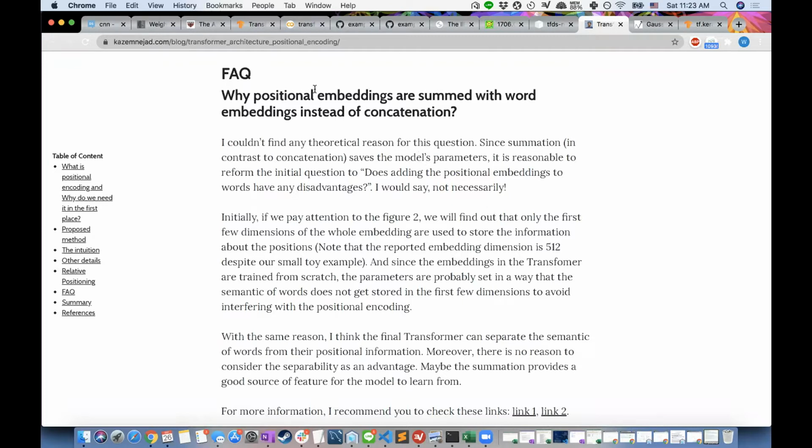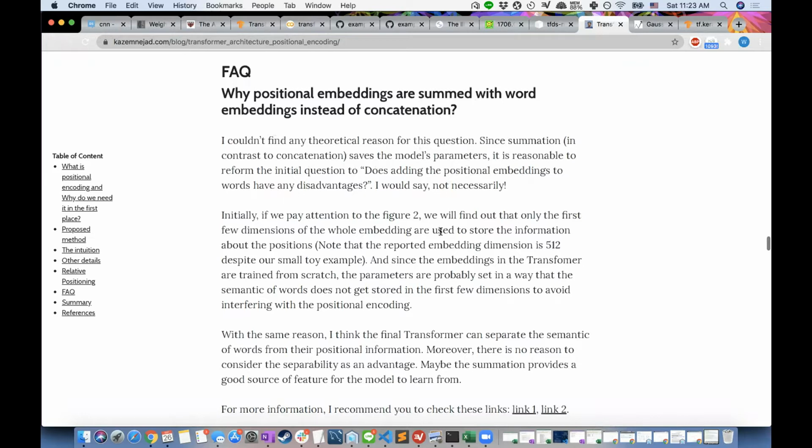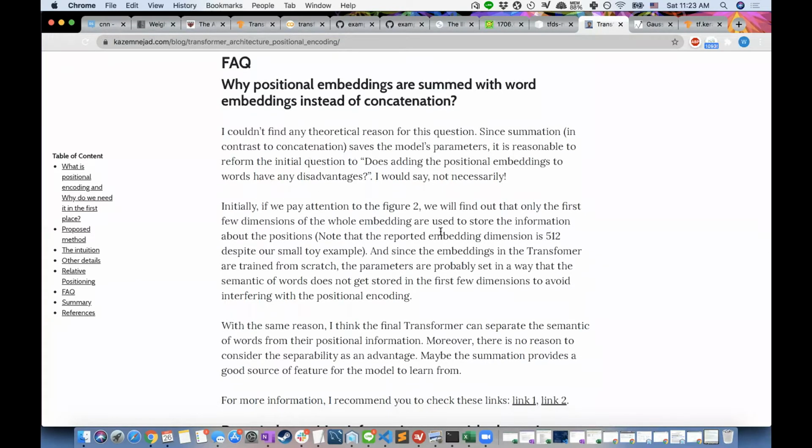So I think one of this person, I don't remember where I got this blog from, but this person actually mentioned it, and he said he wasn't able to find any theoretical reason for the summation instead of concatenation. And since summation contrasts to concatenation, saves the model's parameters, it's reasonable to reformulate the initial question to: does adding the positional embedding to words have any disadvantages? I would say not necessarily. So I guess empirically they found out it's not necessarily a